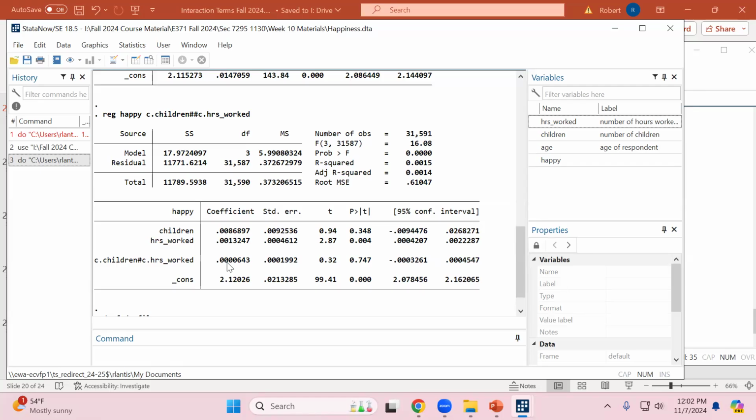And then 0.00006. So I know that if this was statistically significant, then the marginal effect of the variable that I interacted with the other variable, so kids, should depend on that variable I interacted it with. Sure enough, my marginal effect of kids is a function of hours worked. If hours worked was 0, what's the marginal effect of having one more child? 0.008 here. As the hours worked increases, what's happening to my marginal effect? Well, if this is a positive value,